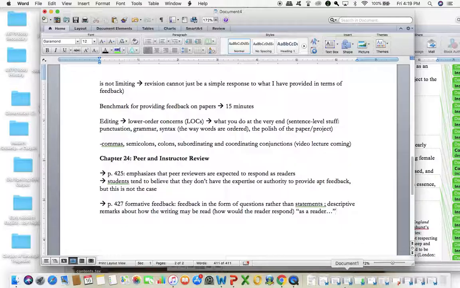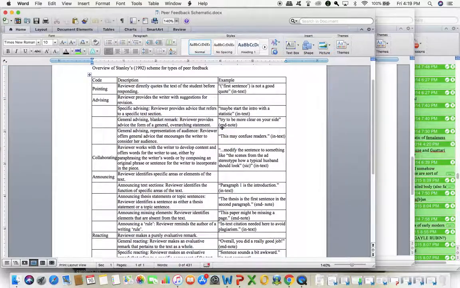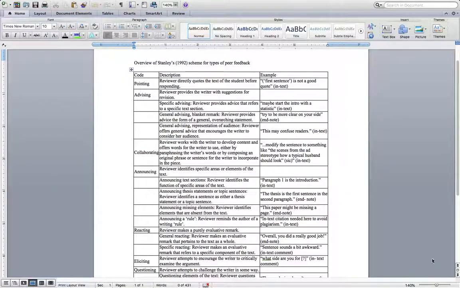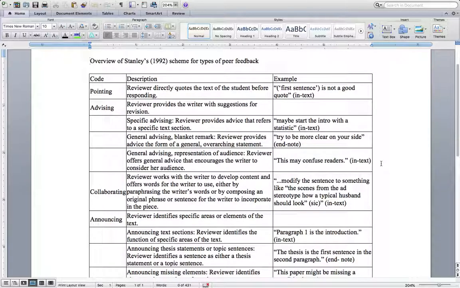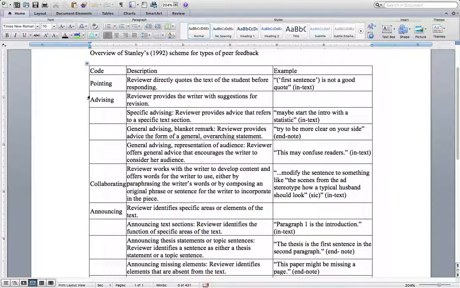And I also have, and I wish I would have given this to you guys earlier, but I will be posting it on Canvas because, like I said, you should be doing, I think, another assignment on peer review. But this is a feedback schematic. And in face-to-face classes, I actually have students work directly with this, and then they assess what types of feedback they provide. But this takes people through what are different types of feedback and things like, so over here, the code,